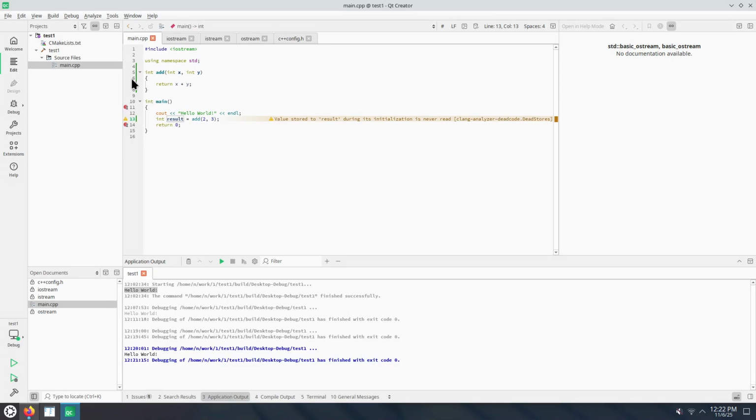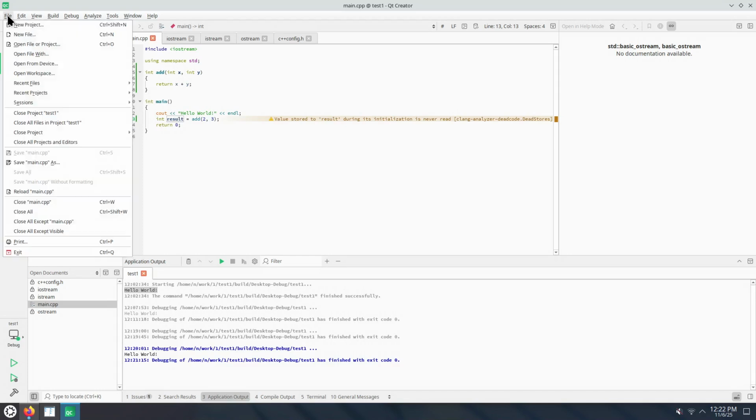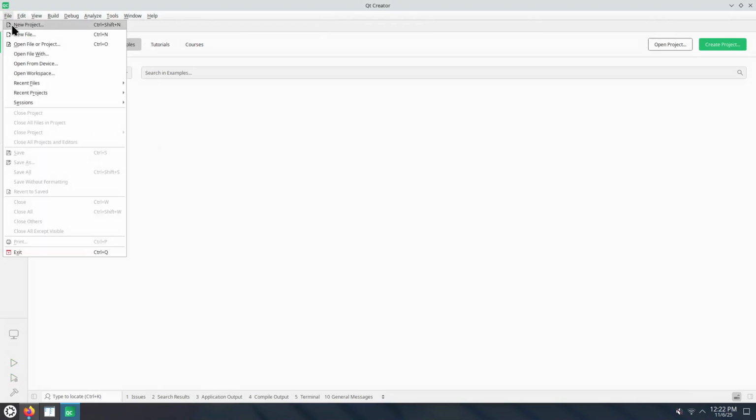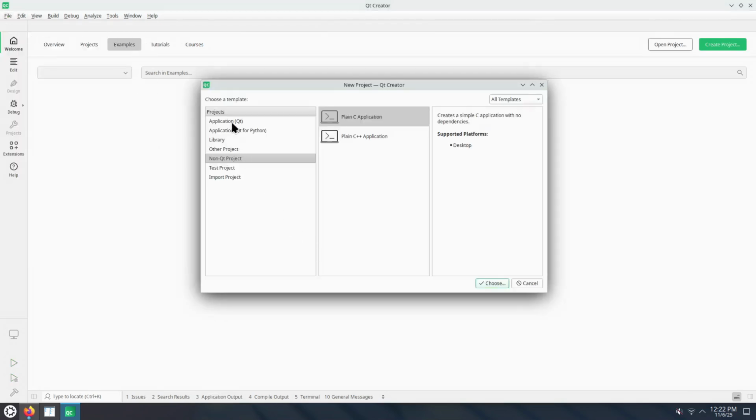Let's also look at additional support for Qt. So let's close the current project. From the Qt Creator main menu, close all projects and editors. File, new project, application Qt,